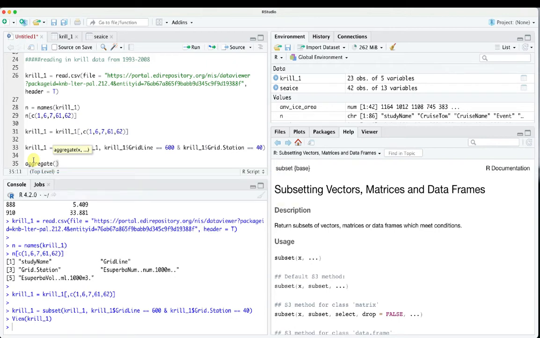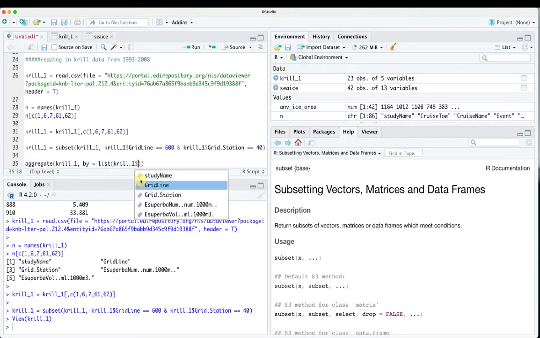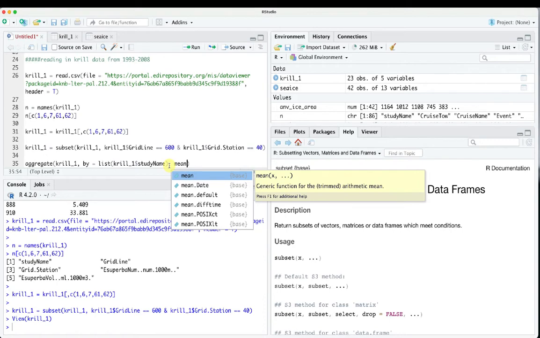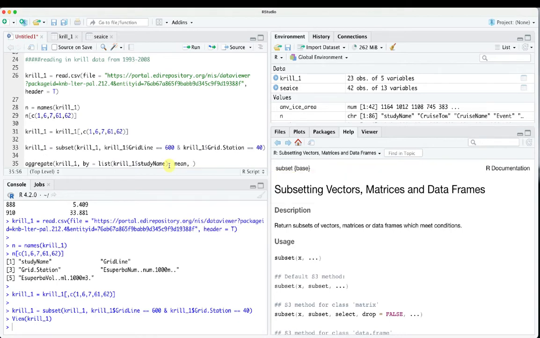So I want to aggregate krill_1, and I want to aggregate this by the study name. What function do I want to apply to these? I want to take the mean. And I want it to ignore NAs, if there are any. So if I run this,